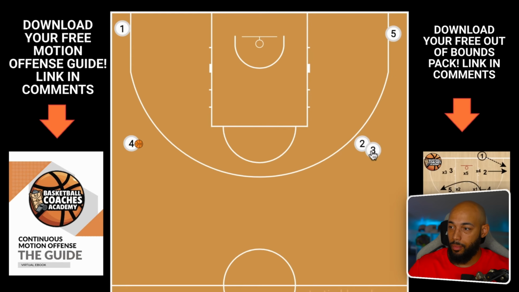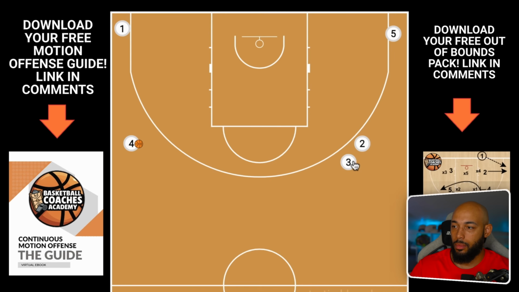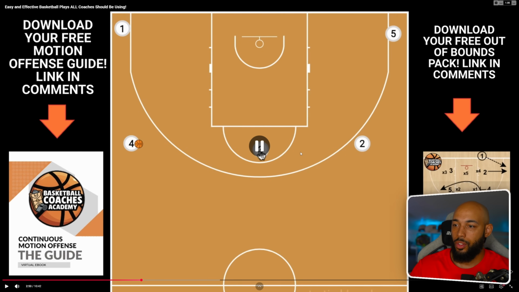Number 3 is coming off that screen, and now they're looking for the basketball, and we are reset into a 5 out. Now, when they come off that screen, if they see that there might be a lane to the basket, they can take that lane as well and look for it. So yeah, this is kind of what I was saying. The old school way is more like, let's get open with the pass. Let's find a cutter cutting to the